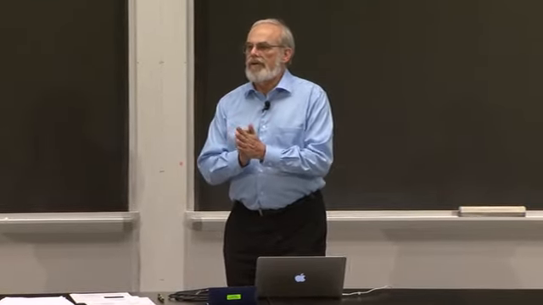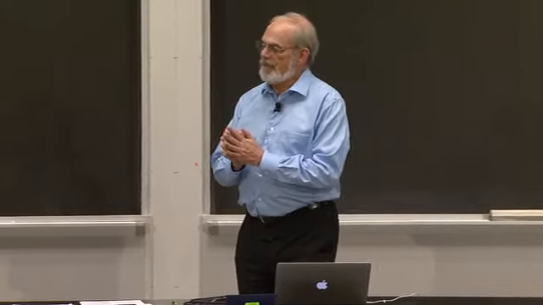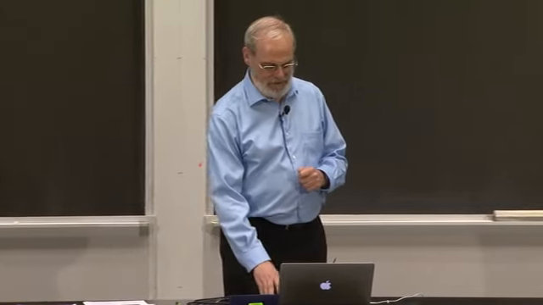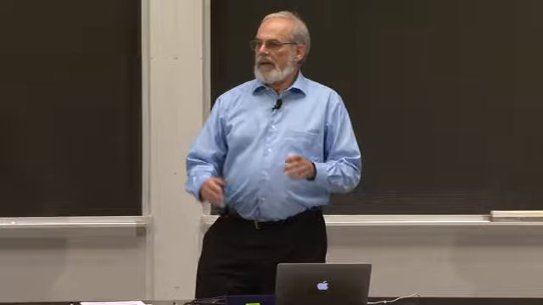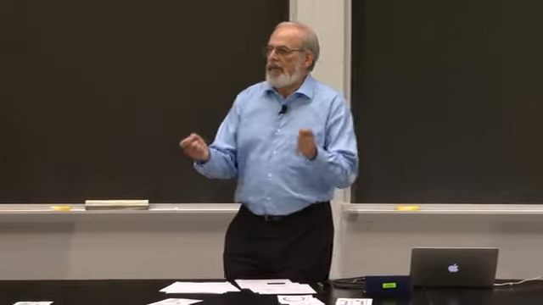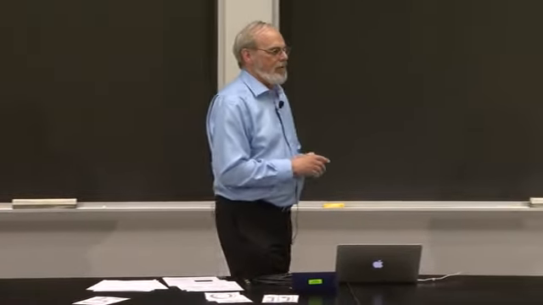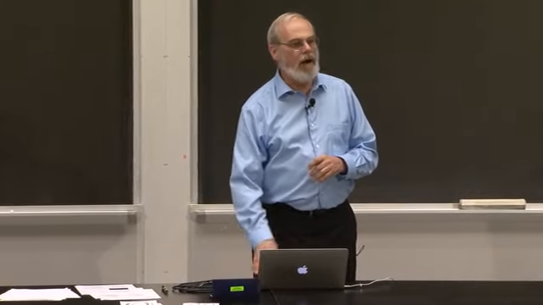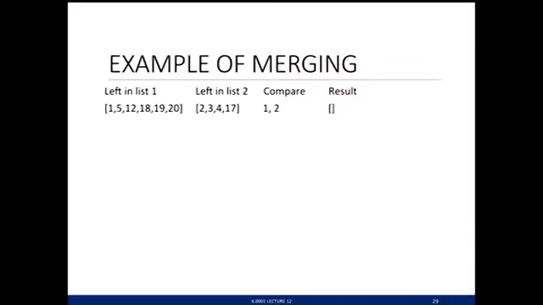I'm going to show you code in a second, and then we're going to run it just to see it. But let me stress one more time just the idea of merging. You can see the idea. I keep splitting down until I got something small enough I want to merge them back. The idea of merging, you've seen it from Professor Goodtag, but I just want to highlight why this is going to be efficient. If I've got two lists, list 1 and list 2, the things left there,